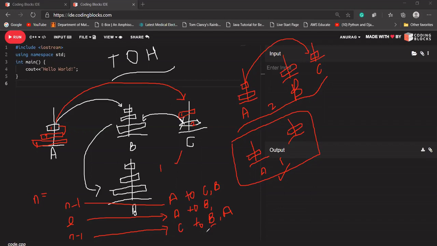If I want to know the solution for n, first I'll be solving it for n minus 1. Then I'll be solving it for n minus 2, up to when it reaches n is equal to 1, because I know the solution for n is equal to 1. If it is equal to 1, I can directly say transfer A to B, or from wherever you are asking. Is it clear why we are using recursion?